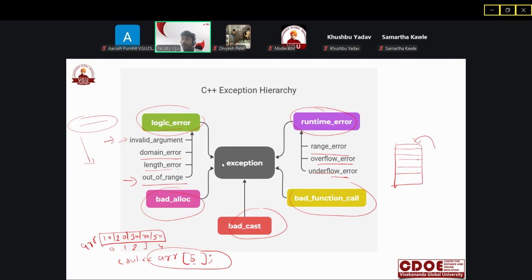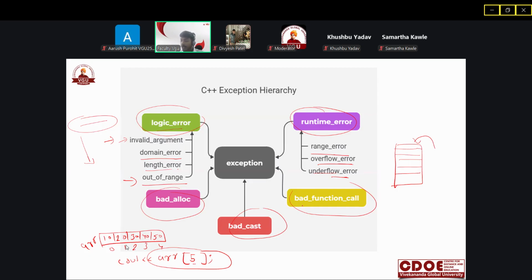Even though we have a stack, it has limited memory, and if we keep allocating more and more, at some point of time it will give an overflow condition. Where will you see the overflow condition?